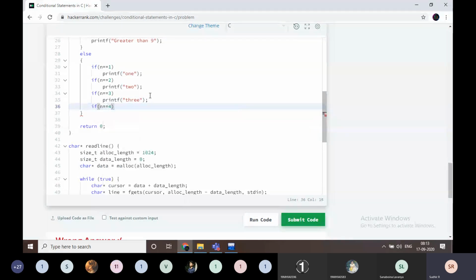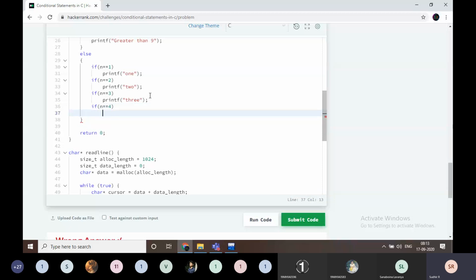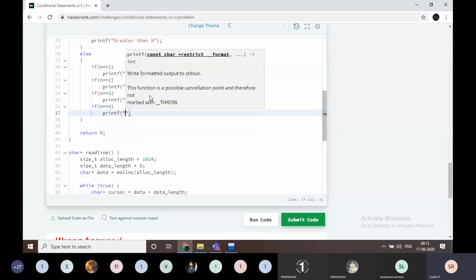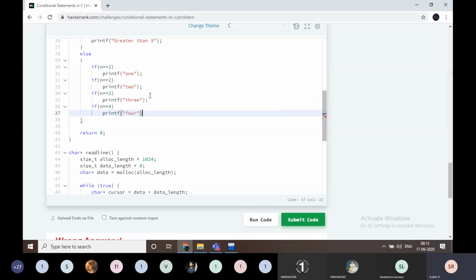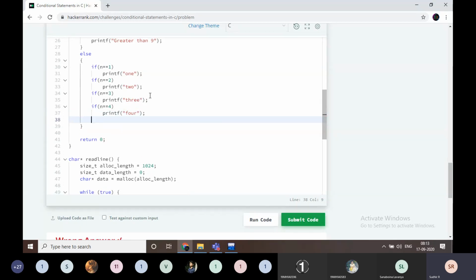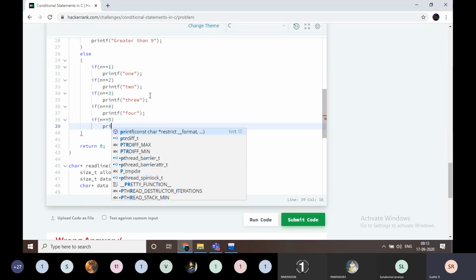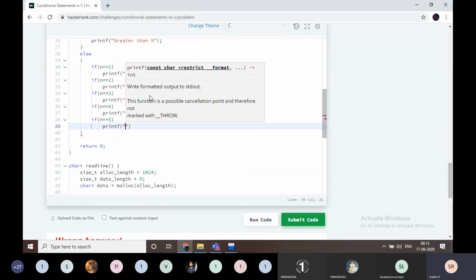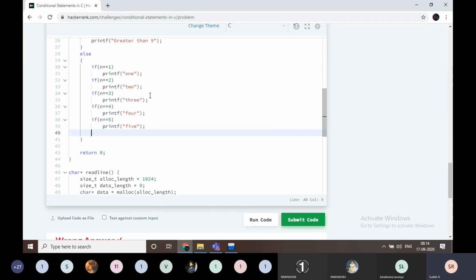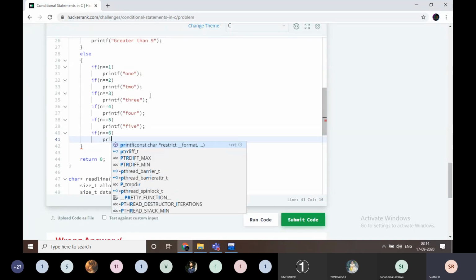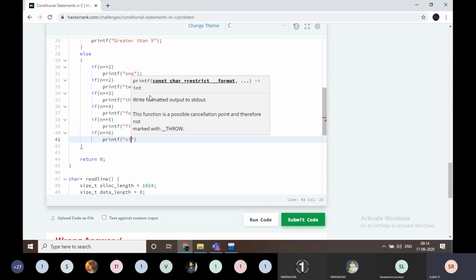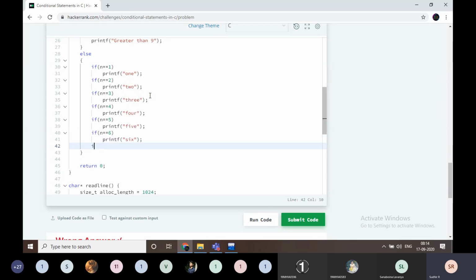n is equal to 4, I am going to print four. If n is equal to 5, going to be five like this. n is equal to 6, n is equal to 7.